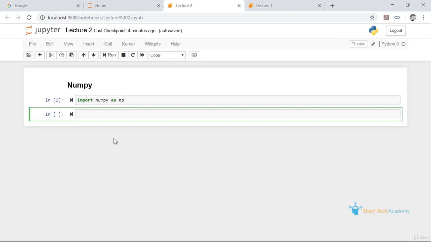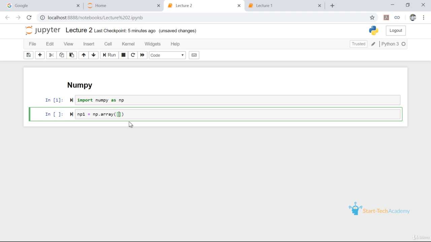We'll create a variable np1 equal to np.array. So array is a function of the NumPy package. That's why we have to write np. In the first statement, we imported NumPy as np. That's why we have to write np before every function of this NumPy package. So we'll write np.array, and then in the brackets we will input a list.